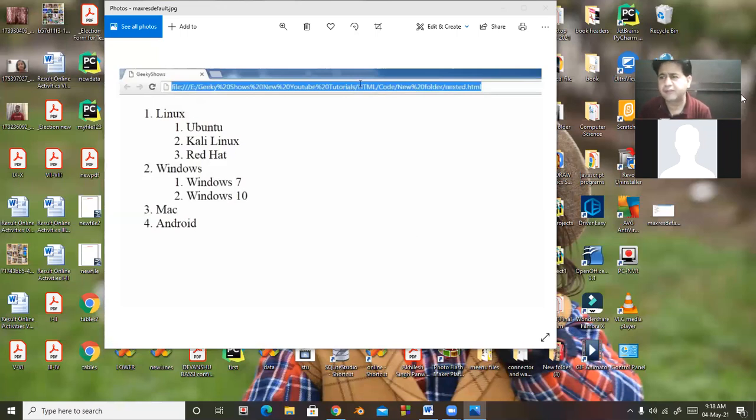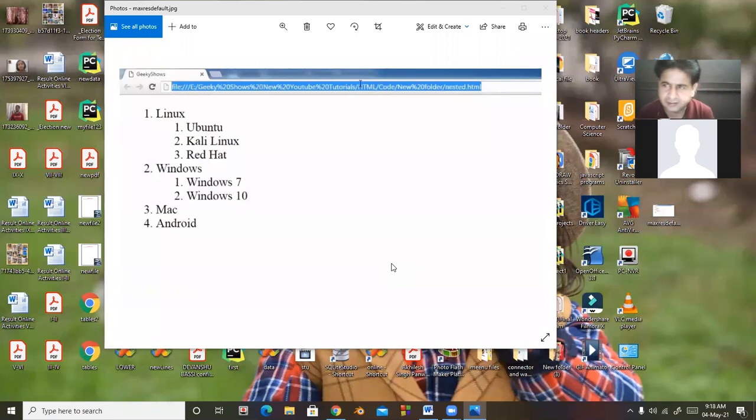For making an ordered list, we use the OL tag. Here numbers are there, from 1, 2, 3, or A, B, C, or Roman i, ii, iii, capital Roman I, II, III. These are the different values. The OL tag has two attributes: start and type. Start is from where you want to start the list, from D, E, F, like this.